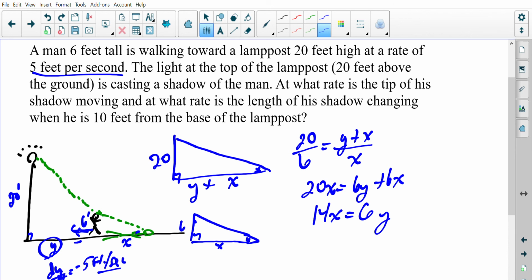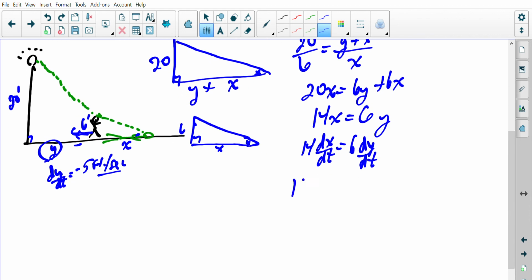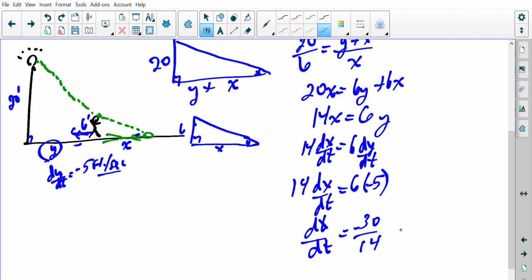So over here, we're all set to take the derivative. So it's 14 dx over dt, which is the rate at which the shadow length is changing. That's what I'm trying to find. Equals 6 dy over dt, which is given in the question. So just fill that in. 14 dx over dt equals 6 times negative 5. So dx over dt is negative 30 over 14, and that would be